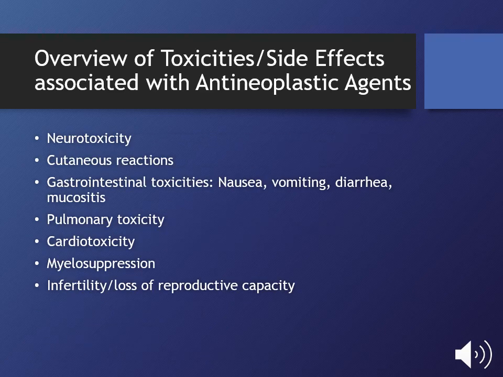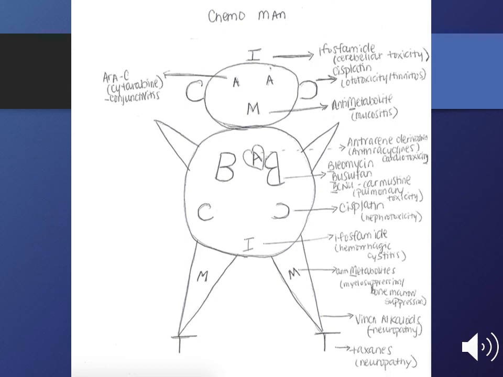With antineoplastic agents, we can see toxicities from head to toe. So anything from neurotoxicity, pulmonary, cardiotoxicity, in addition to infertility and loss of reproductive capacity. Chemo Man is one of my good friends, and it really helps with remembering some of the toxicities associated with